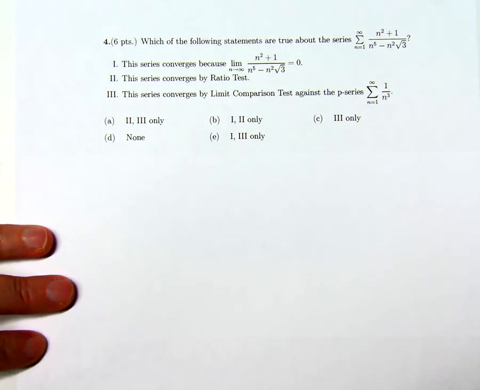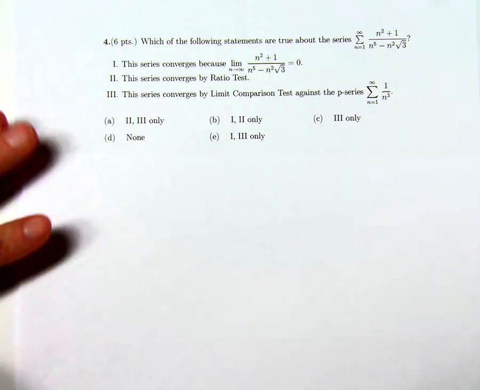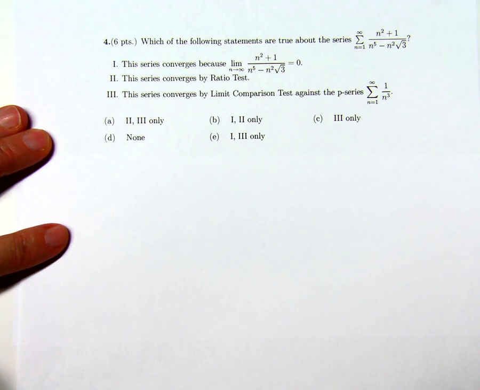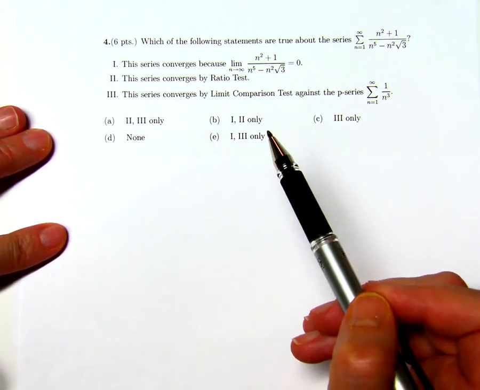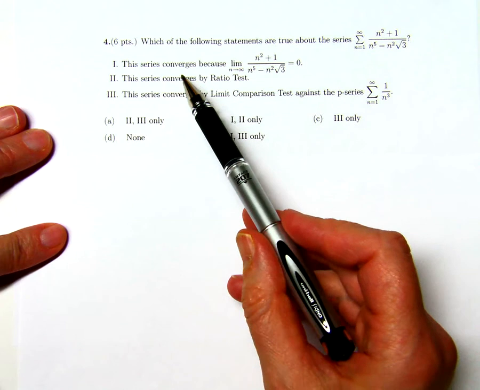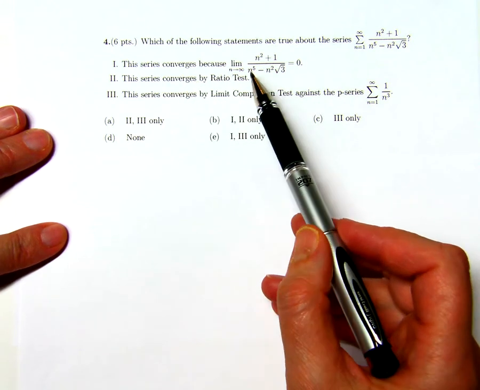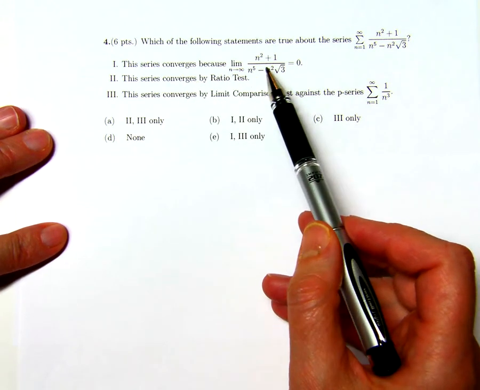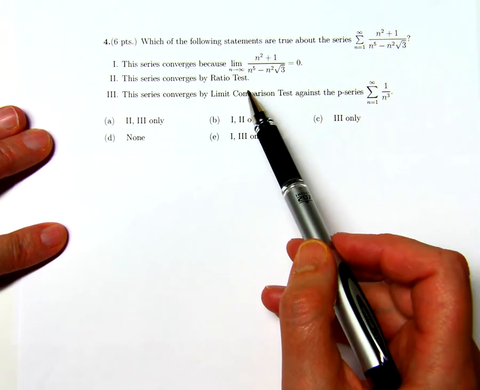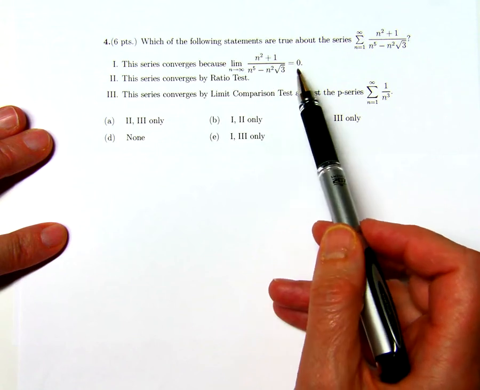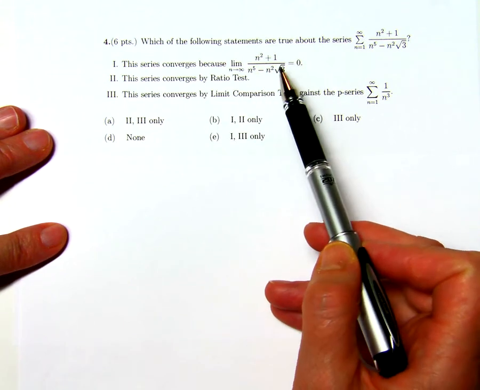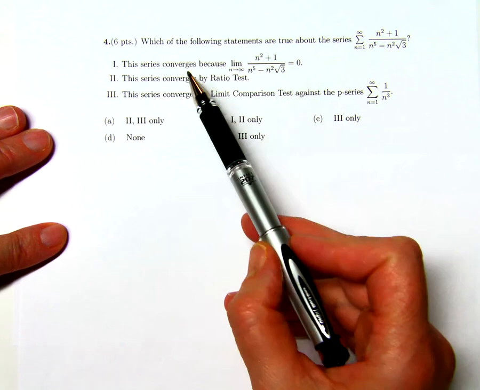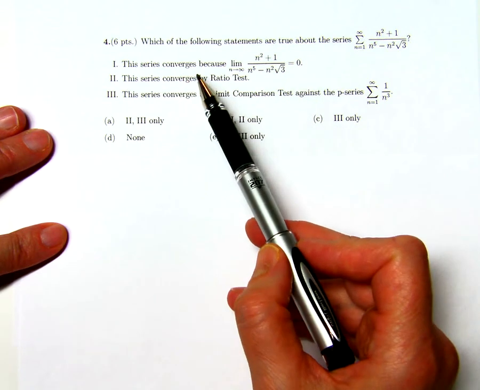Okay, we're going to do another old exam question here from spring 2008. And the question is, which of the following statements are true about this series? And the first statement says the series converges because the limit of an equals 0 as n goes to infinity. And even though this part of the statement is true, that limit is indeed 0, the conclusion here is false,